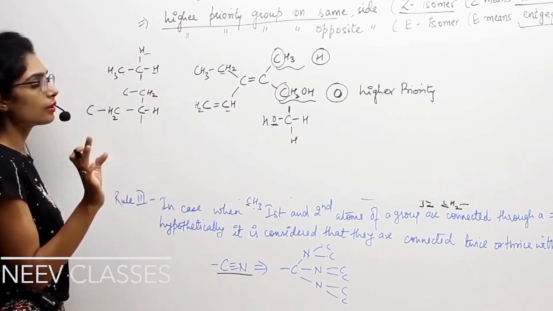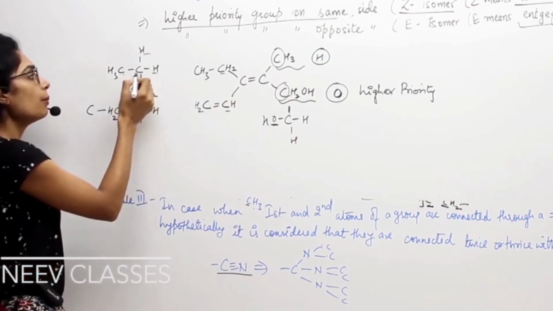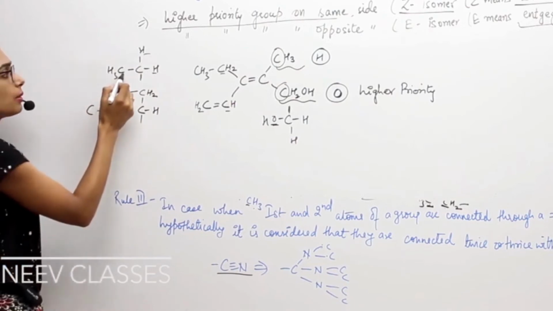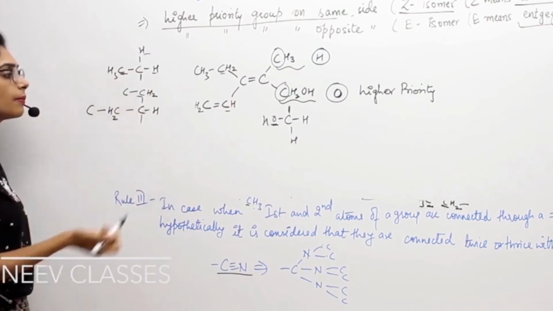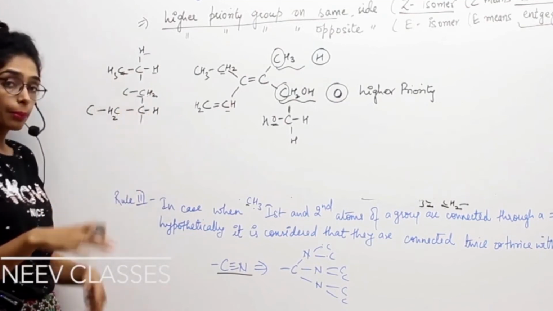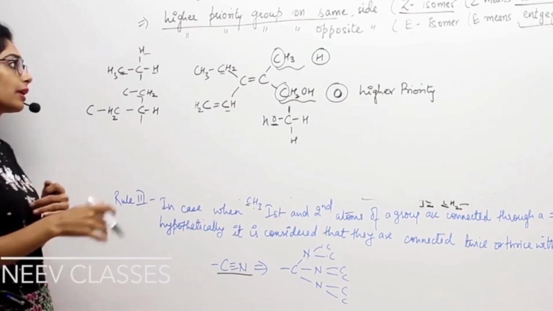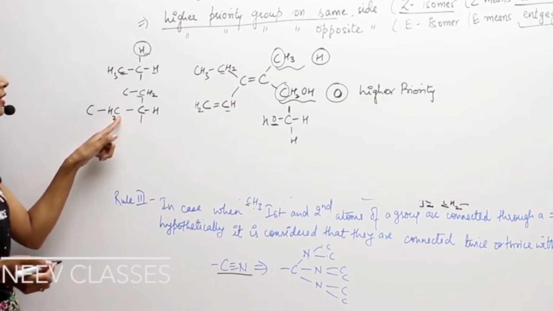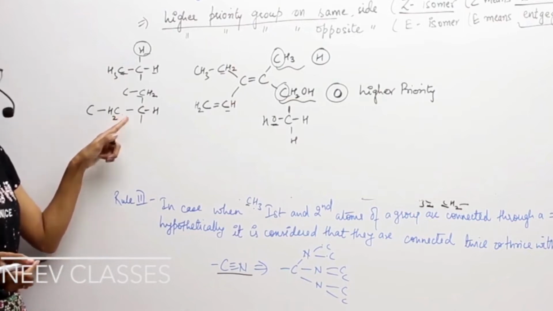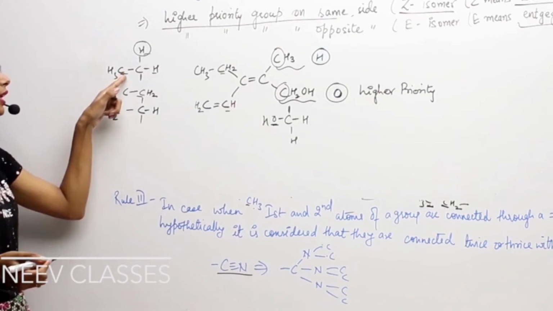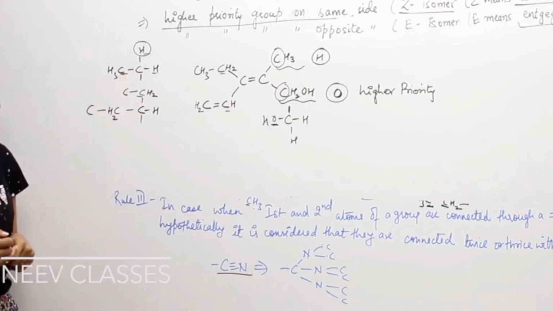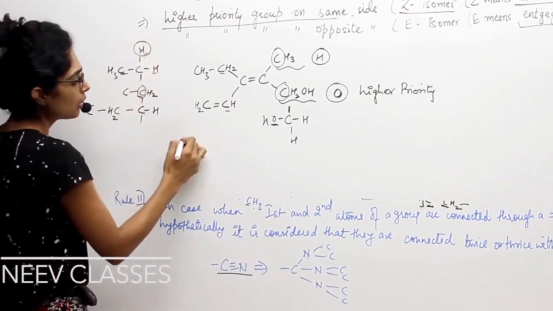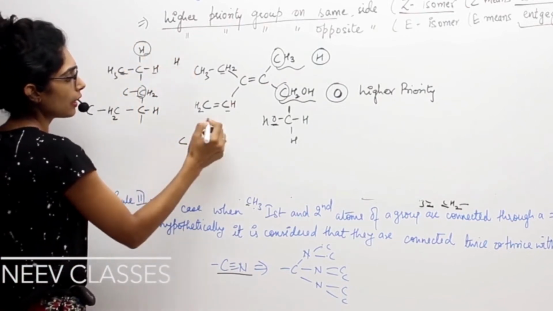What we can see here is, after carbon the immediate next element is further carbon here, right? So the next immediate element is carbon. Here also the next immediate element is carbon, right? So we cannot compare with the next element also, because again the next elements are the same. So go to the next attachment. The next attachment is hydrogen over here, and here it is again carbon. So here we have 2 carbons, whereas we have only 1 carbon attachment over here, and hence we are comparing carbon with hydrogen now. So carbon is the point of difference over hydrogen, and hence this group is going to